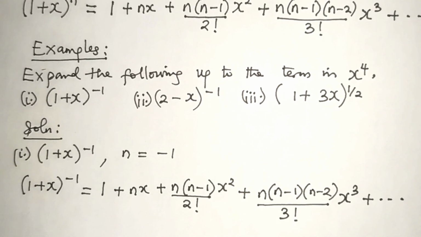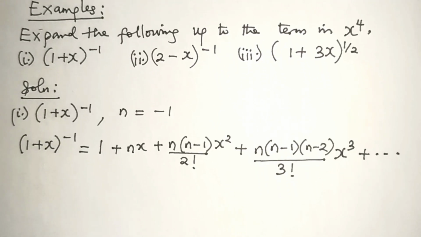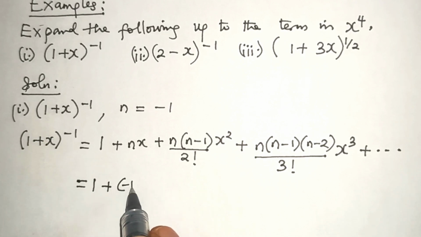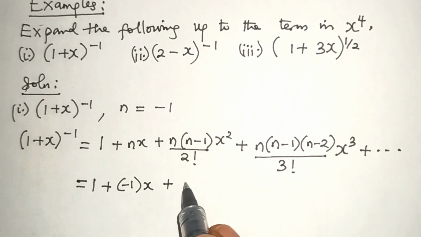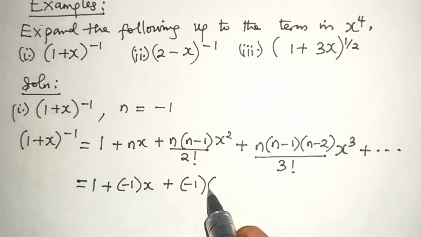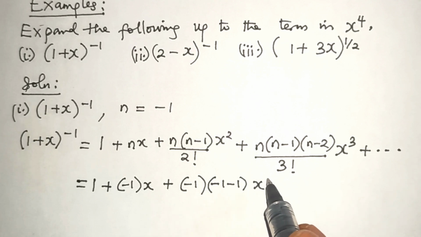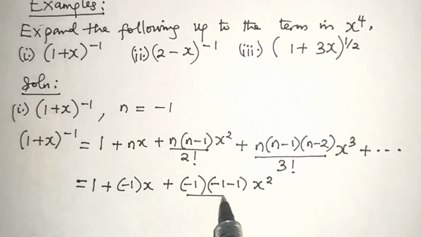So we will replace n with minus 1. So this is equal to 1 plus minus 1 times x plus minus 1 into (minus 1 minus 1) x squared over 2 factorial